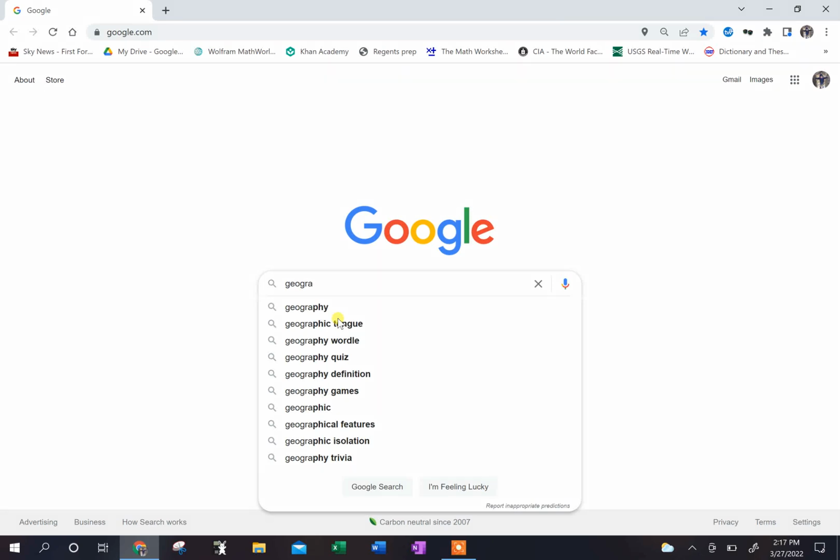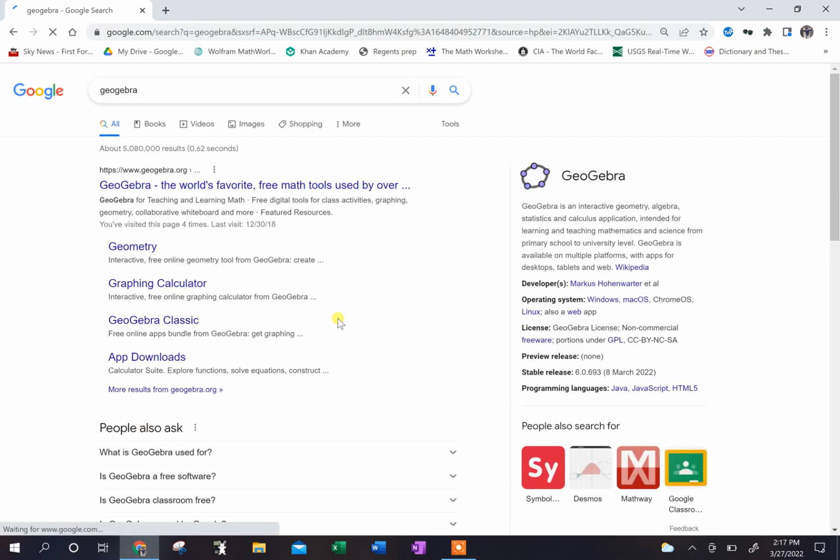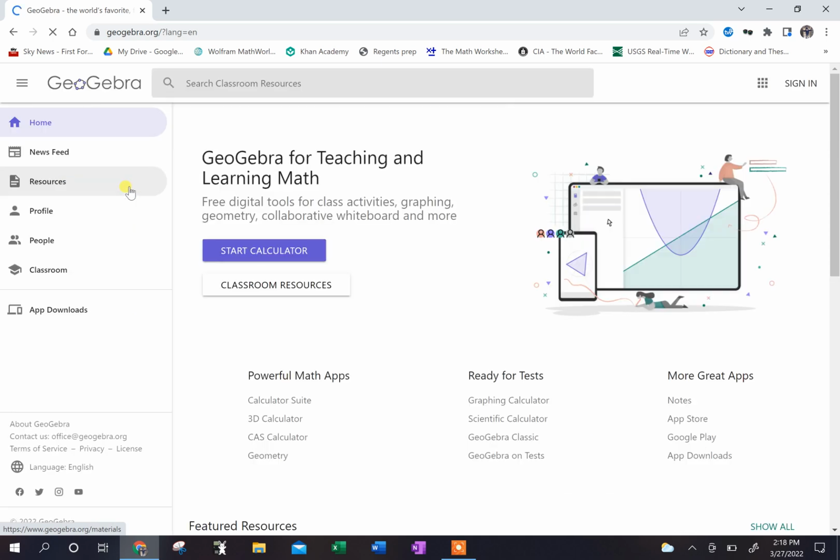With a wonderful piece of software called GeoGebra. And what I'm going to do is click on it, and we are going to use GeoGebra Classic. All right. So one of the things that happens when you do open this up is you're going to have,